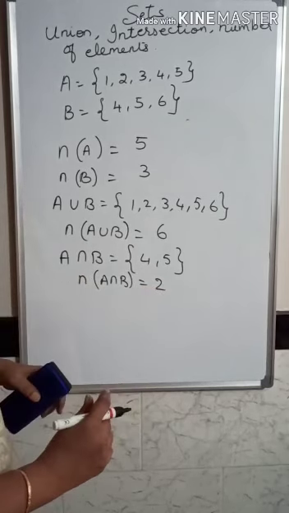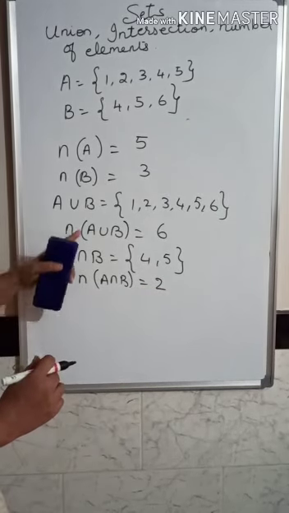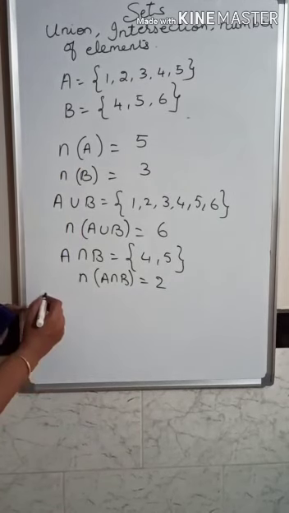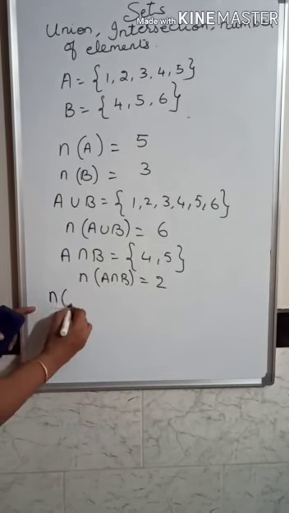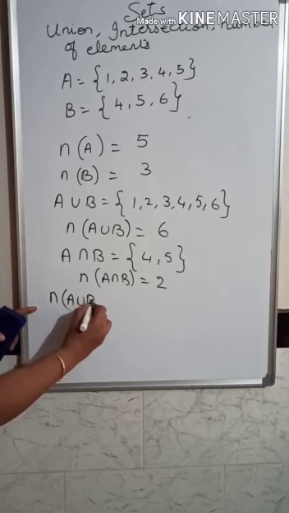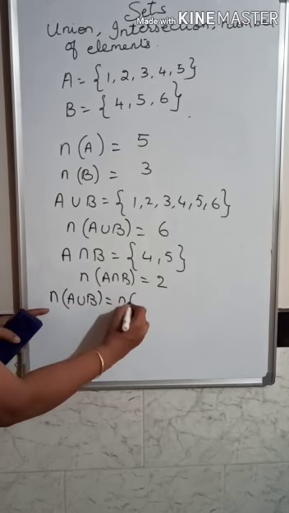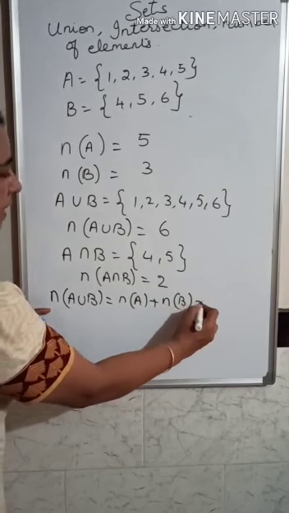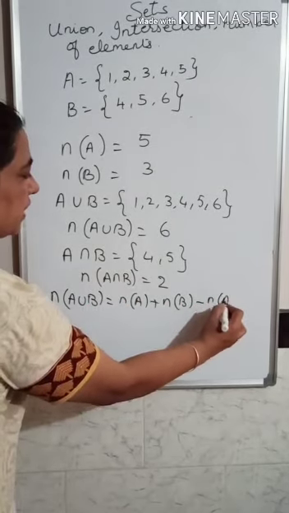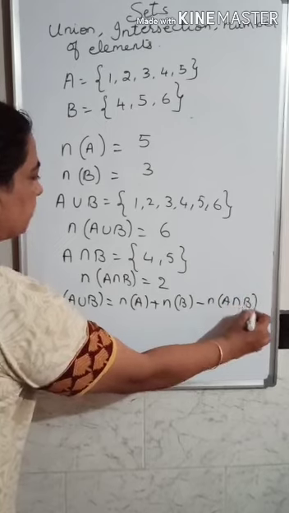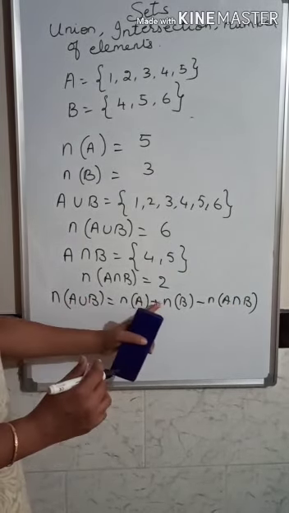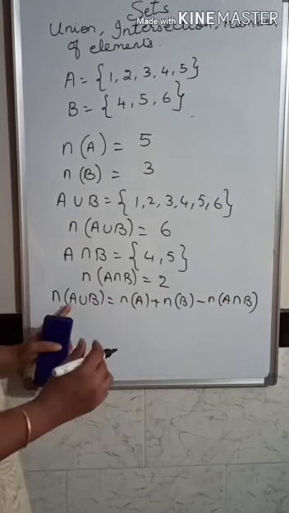Now we will see what is the relation between the union, intersection and the number of elements of each set. The relation is given by n of A union B is equal to n of A plus n of B minus n of A intersection B. So we will substitute the values of this n of A, n of B, n of union and n of